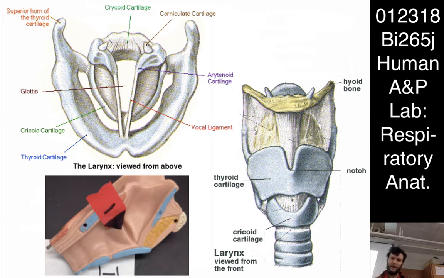Now, the vocal ligament is your vocal cord, and the tension on that can be varied. So air that's passing through your windpipe, through the larynx, can vibrate those vocal cords, and it's actually the vocal cords that are generating the sound that you hear. So when you hear me talking, the larynx is responsible for what's called phonation, P-H-O-N-A-T-I-O-N,